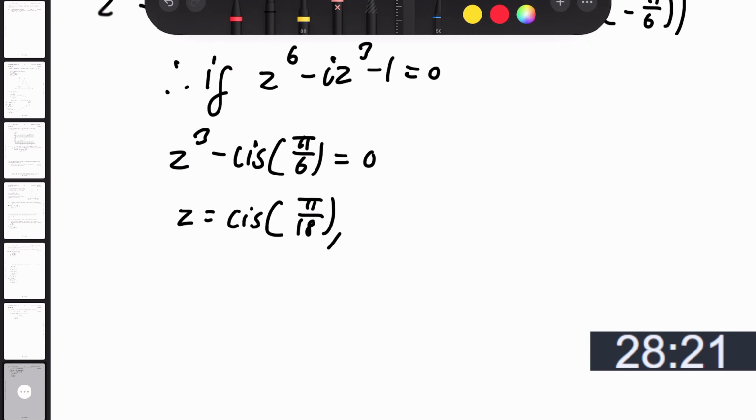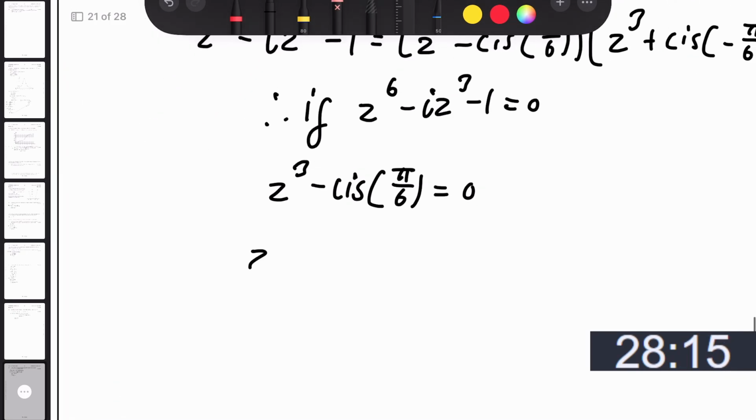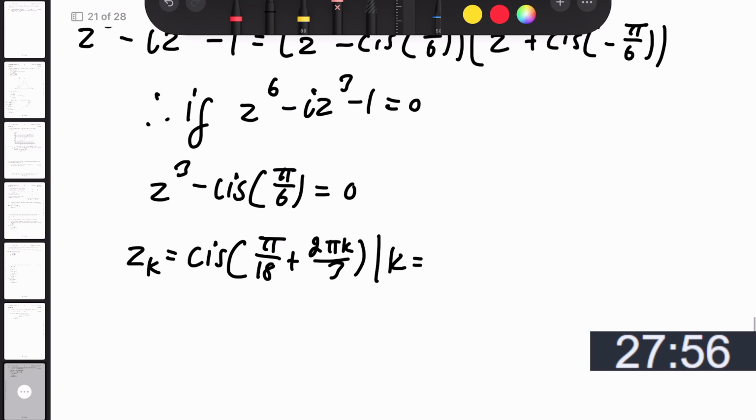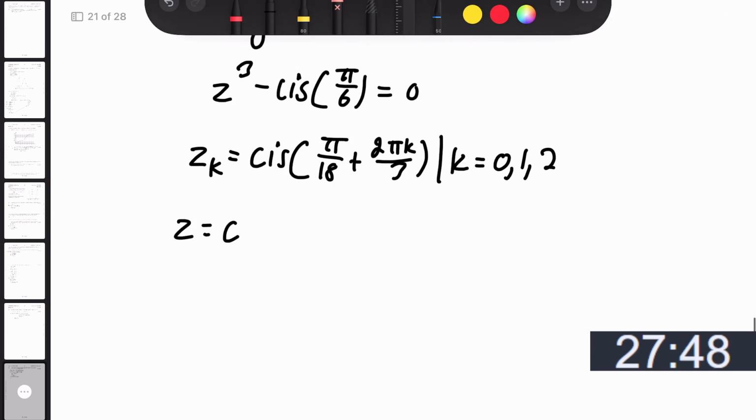I'm going to add 2 pi. How many marks is this? It's 4 marks. So Zk is going to equal cis of... oh, wait, hold on. Pi on 18 plus 2 pi k on 3, given that k is equal to 0, 1, and 2. So then Z can equal cis pi on 18, cis of